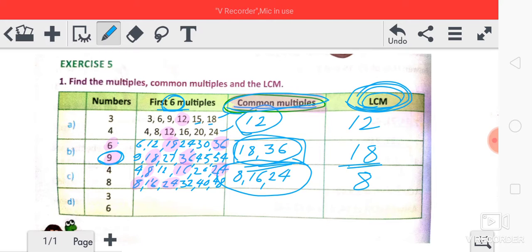So find the LCM by finding what? By finding multiples, then common multiples. So the last one you can do on your own. Okay,